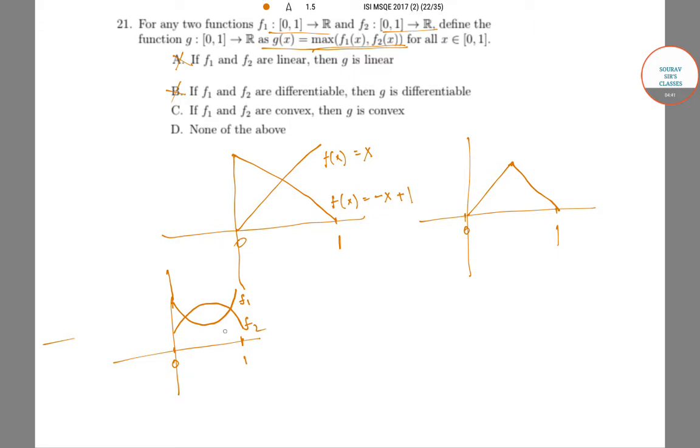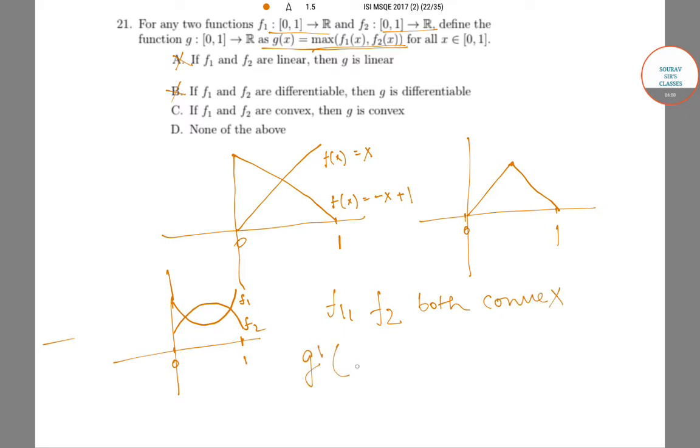In such cases, we can have problems because the max g is convex in some places and concave in some places. However, if we have f1 and f2 both convex,